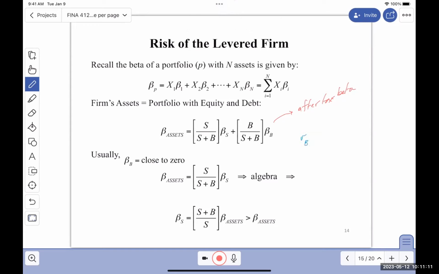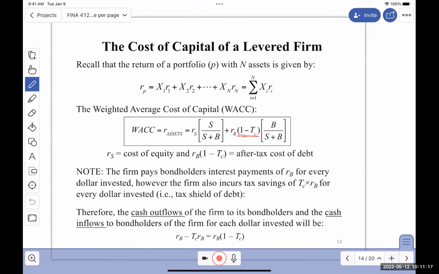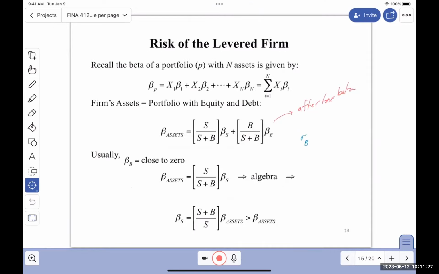Okay, so the return to debt. The return to debt, as I did here, should also be pre-multiplied by 1 minus TC, because that's per dollar what is paid out, right? After all is said and done. So in terms of the CAPM,